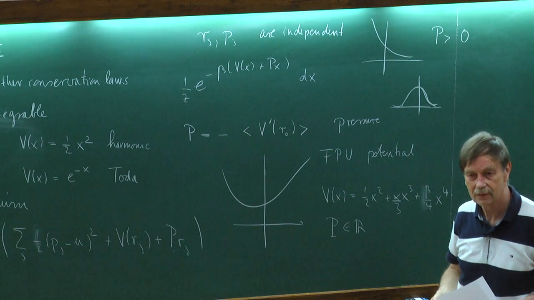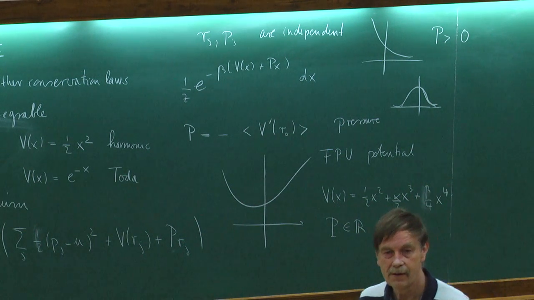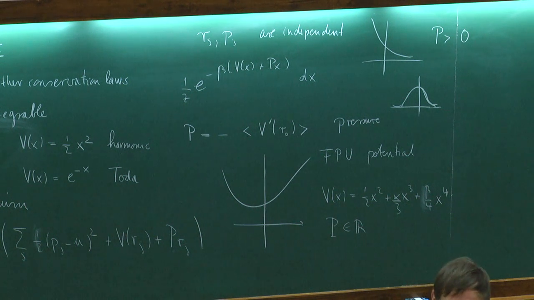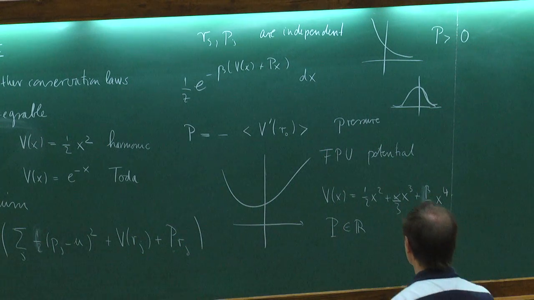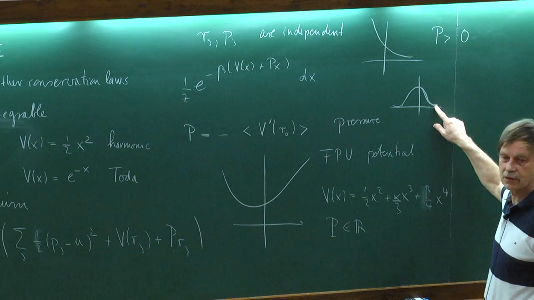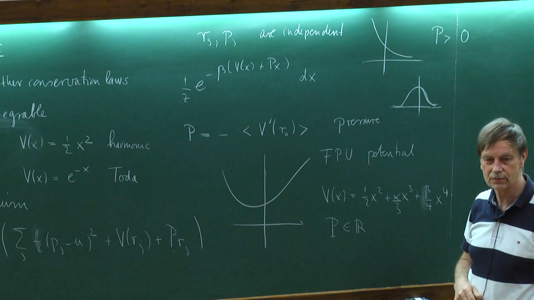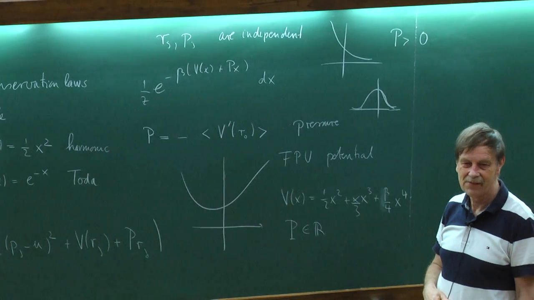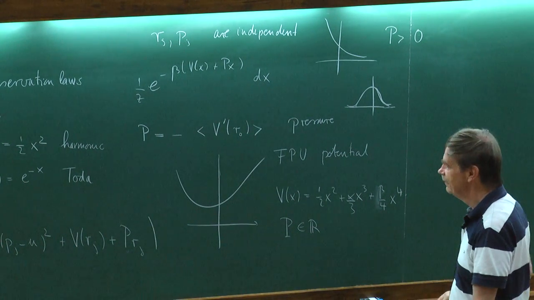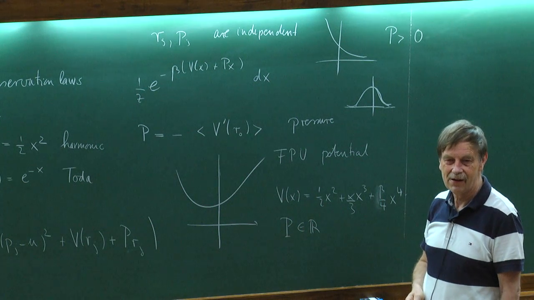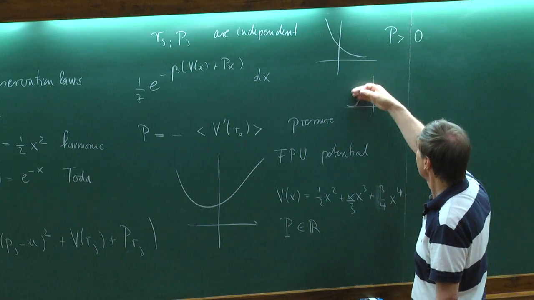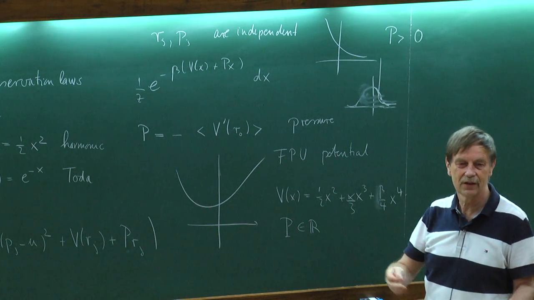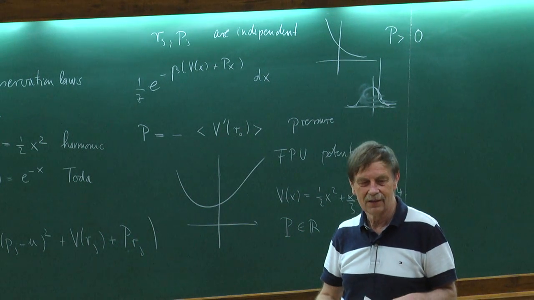Could you even allow such a potential if you have pressure or not? You have to first give me the potential, but for this type of potential, there's no pressure which I can choose. How can I make the partition function finite? For soft spheres, I have a hard core, then it looks like this, and that's of course okay. But if I take a smooth potential, no, you cannot.